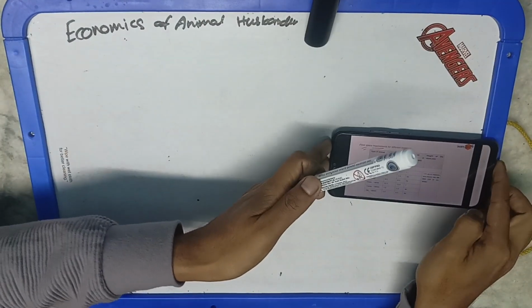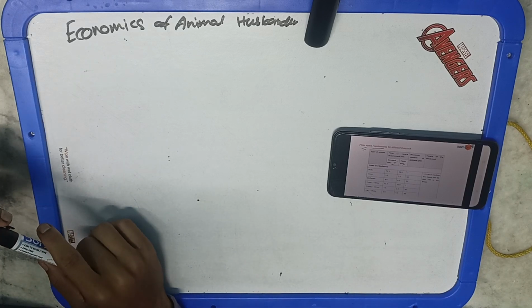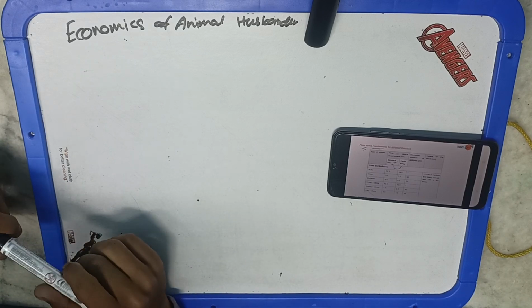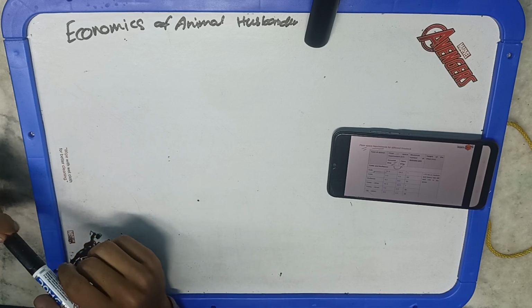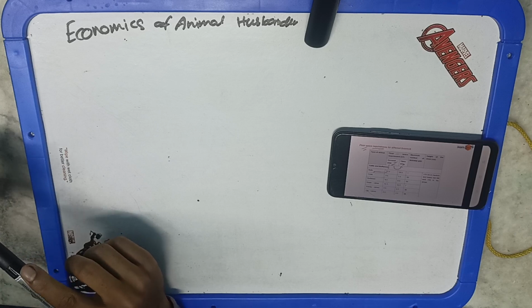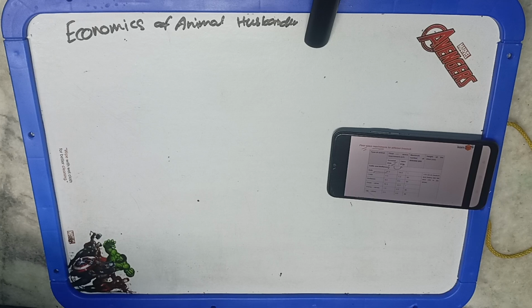Okay, so what is the floor space requirement? Whatever the floor space requirement for the covered area, similarly for the open area, it is generally double the covered area. Like for bulls, we need an area of 12 square meter when it is reared in a covered area, but in the open area, 24 square meter of space is required, and the maximum number of animals per pen is 1. Similarly for cows, 3.5 square meter, and for the open it is 7, and the maximum number of cows per pen is 50.